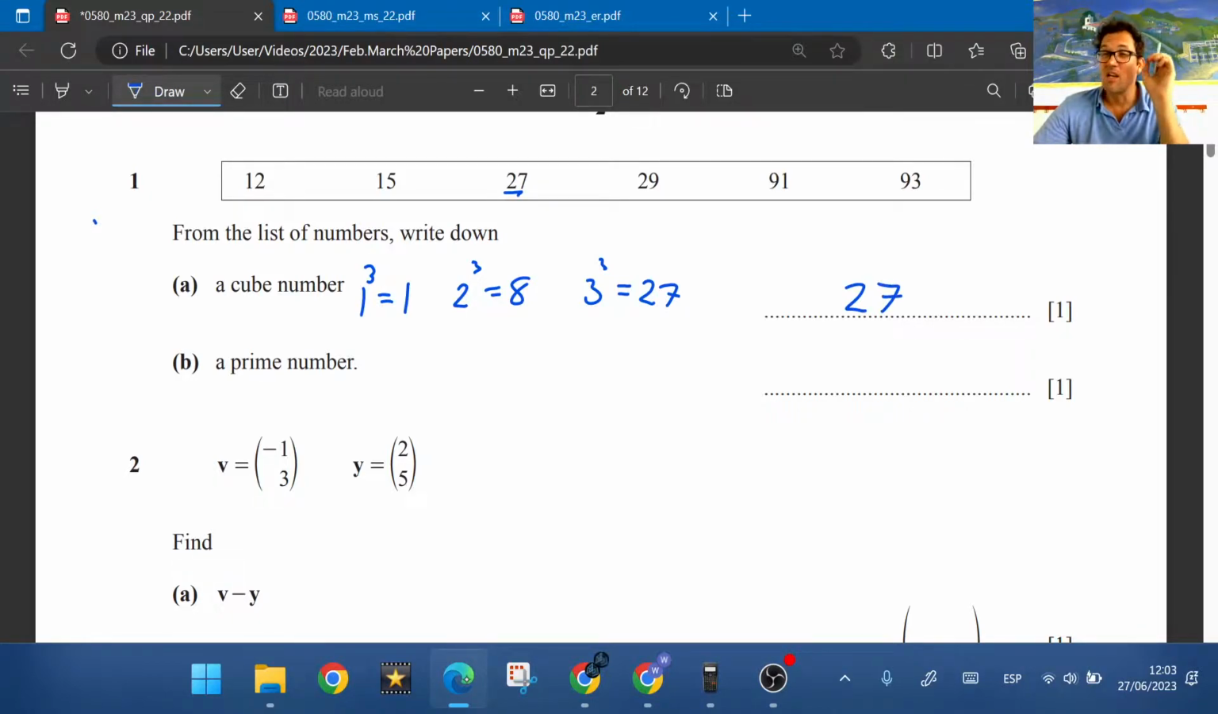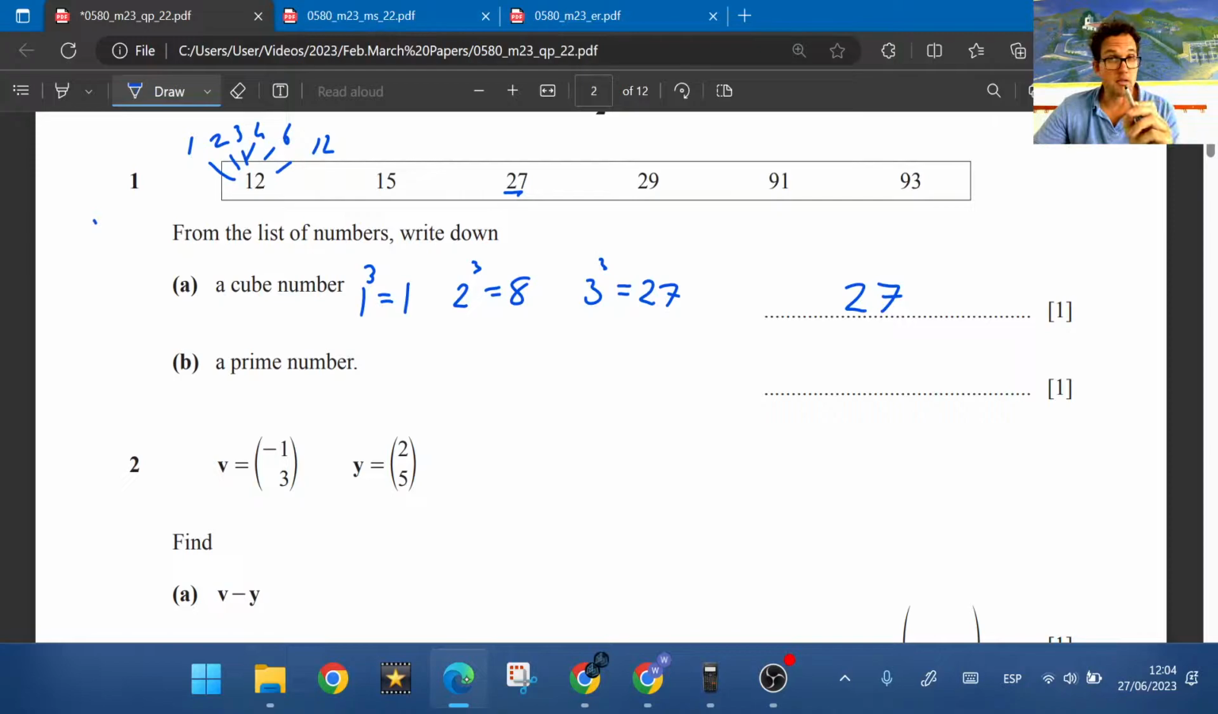Prime numbers, numbers that only have 2 factors, 1 and the number itself. For example, 12 is not a prime number because it's got 1 and 12 as factors, but it also has 2 and 6, and 3 and 4. Way too many factors there, yeah? So we go along. 15, you got 1, 3, 5, 15. 27, of course, 1, 3, 9,